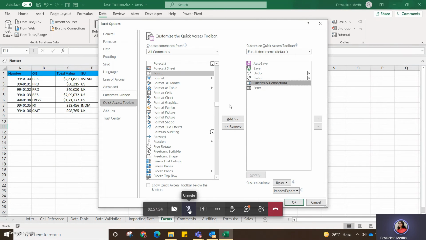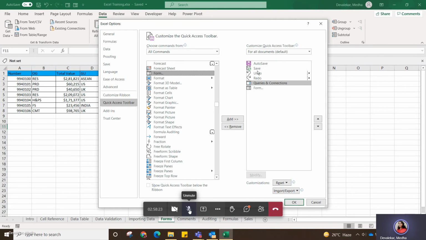So don't remove anything, just click add. Once you are done adding the form, you will be able to see the form here. If you are not able to see it, it has not been added to this list. Try to do it one more time.